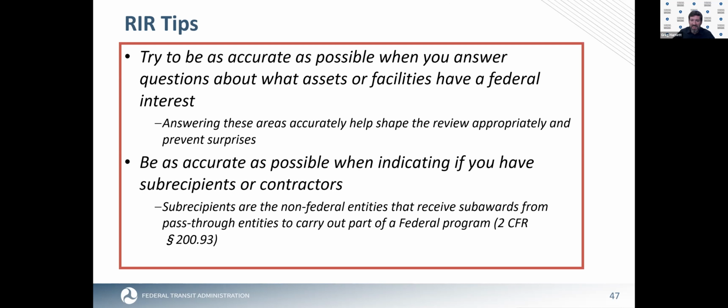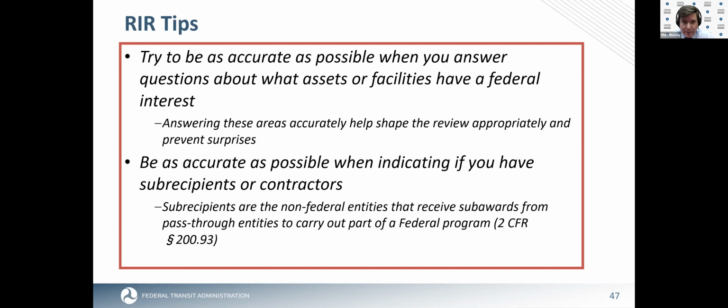If you dive into 2 CFR 200, it actually tells you it doesn't matter what you call it. It's the characteristics of the relationship that define whether it's a sub-recipient or a contractor. So take a look at that Super Circular citation if you're in need of a little additional clarification. And if you're not sure, this is one of those areas where it's great to reach out to your reviewing contractor prior to the review, because it really does shape